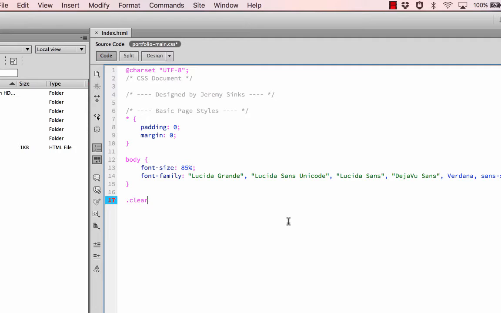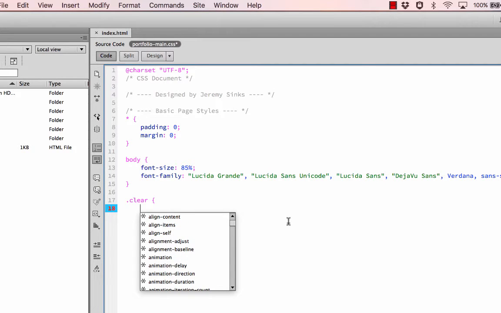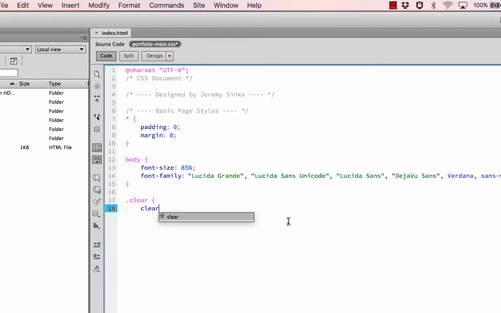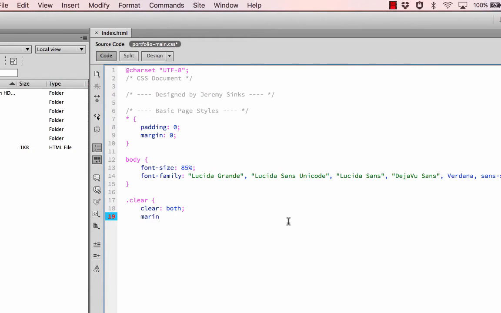So all classes start with the period, and then we open up a curly brace and hit the enter return key, and we're going to type in clear: both; and enter return key, and then margin: 0; and then padding: 0;